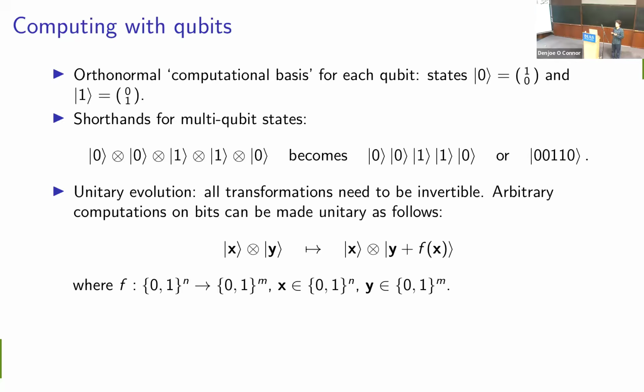They're not invertible in the sense that if you just get the output of a computation, you can't necessarily tell what the input was. For example, if you think of addition of two numbers, if you tell me 1 plus 2, I can tell you 3. But if I tell you 3, you don't know whether that was 1 plus 2 or 0 plus 3, or potentially, if we allow negative numbers, there are even more options. So you can't necessarily go from the output back to the inputs.